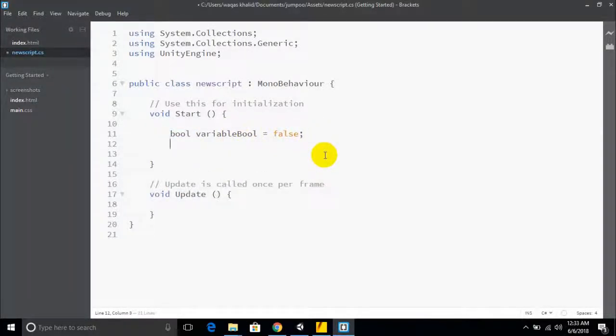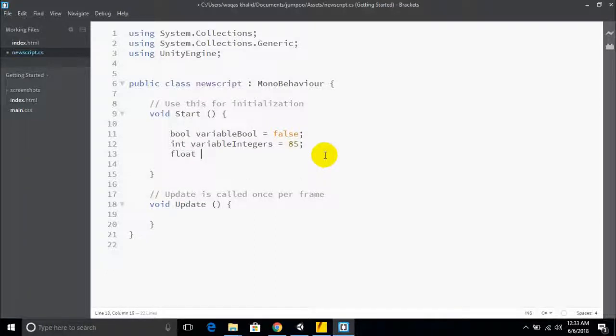The other data type is the int data type. For int, we can type a variable of type int, for integers, and we can assign a value to the integer. After that, there is the data type float, and we can name it like this, no problem, float example or anything, equal to, and float values are values with decimals. For example, 20.35, where this 0.35 represents the decimal part, and this is a float value.